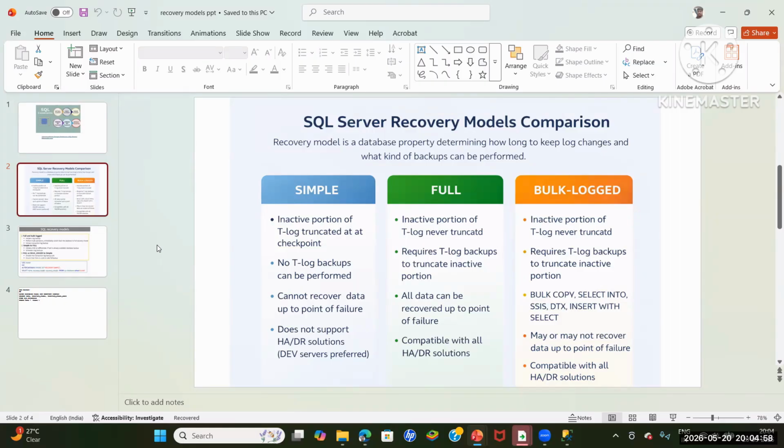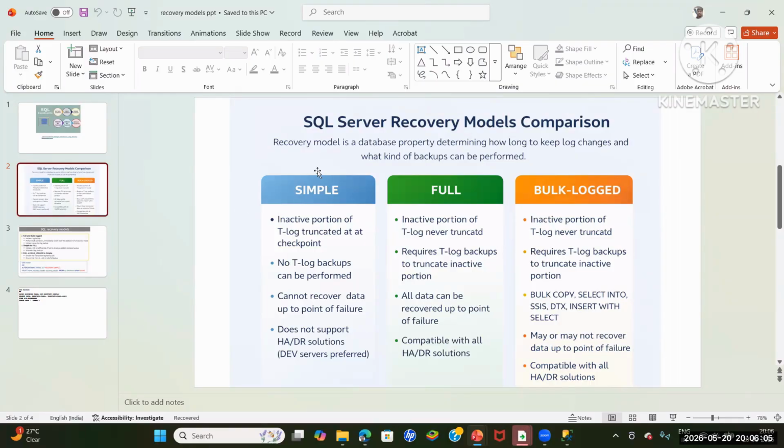Whenever a checkpoint triggers in the simple recovery model, it will take the inactive portion and move the data to the MDF file, and it will truncate the inactive portion completely. Whenever the checkpoint triggers, the inactive portion will be truncated after the data is moved to the MDF file. Once that is complete, it runs in the simple recovery model. You cannot perform